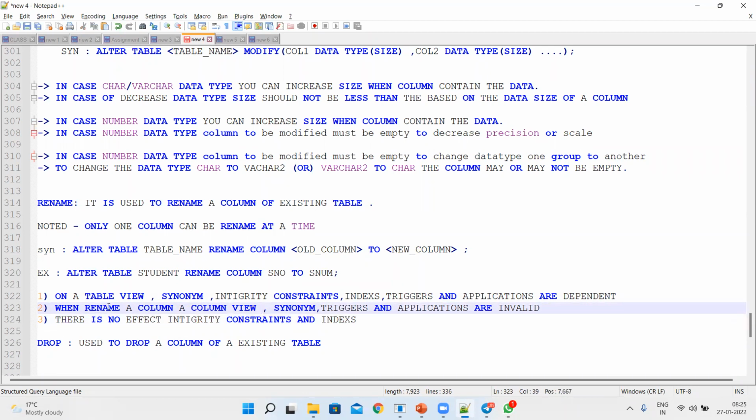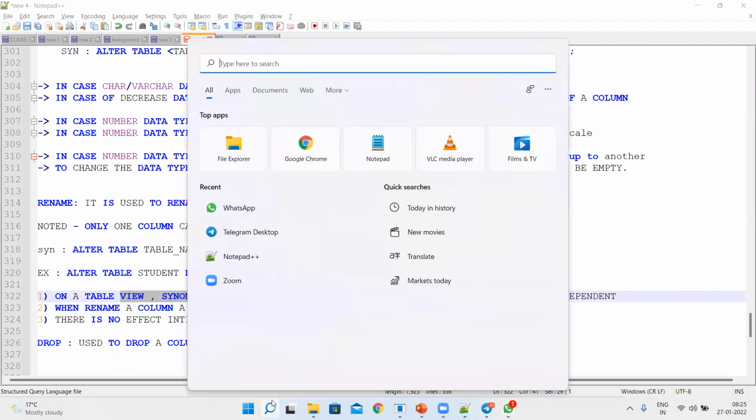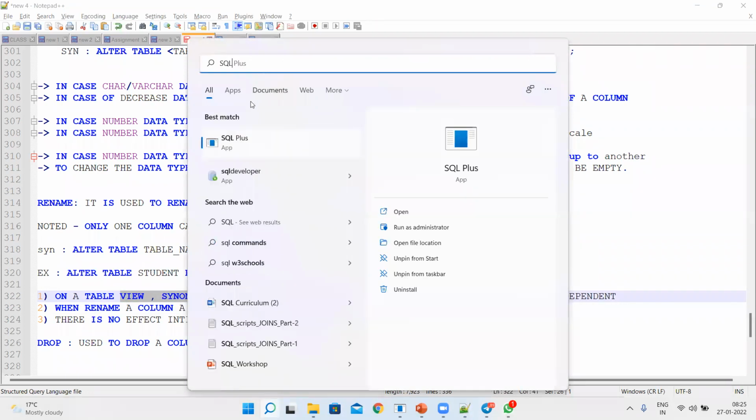We can discuss practically when the topics of views, synonyms, integrity constraints, and triggers come. Why they become invalid and in what cases, I will show you practically there.